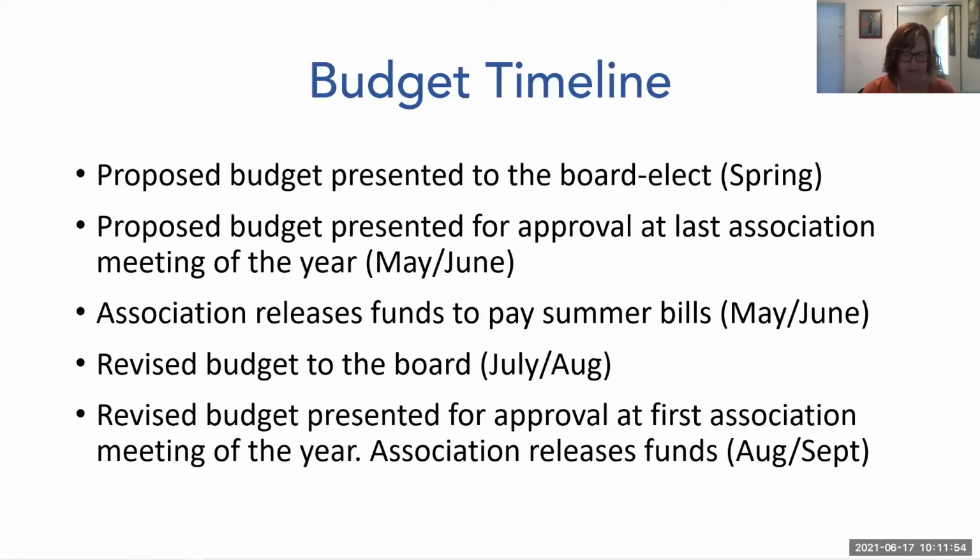Remember, passing a budget by itself does not authorize money to be spent. Funds should be released at each association meeting for the activities or events occurring before the next association meeting. Budgeted expenses may also be authorized by the board and approved by the association at the next meeting. The board is strictly limited in the amount of unbudgeted funds that may be spent in between association meetings, and each unit's bylaws specify what that amount of money is.